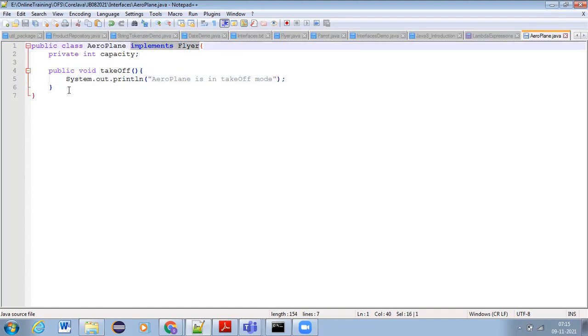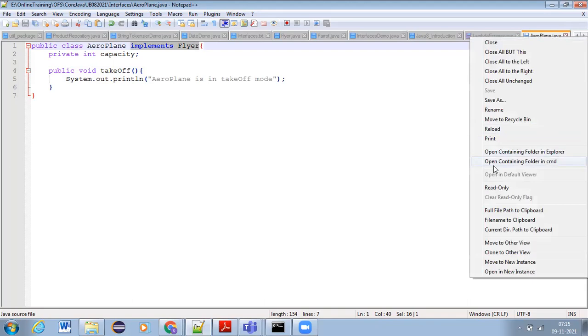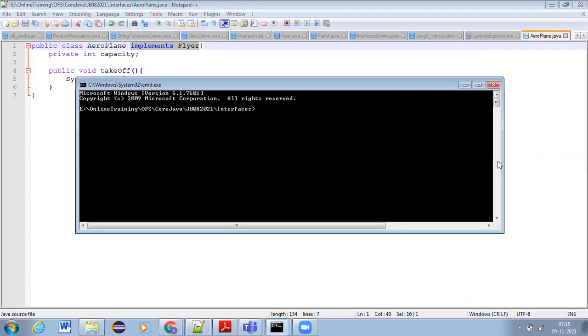If I simply write this much code and try to compile and run, then what happens? Not even run, just try to compile. Now what happens? You see, set path equals to C:\Program Files\Java\JDK.